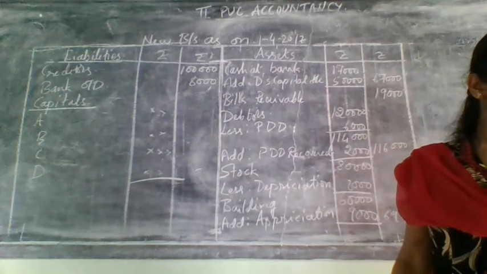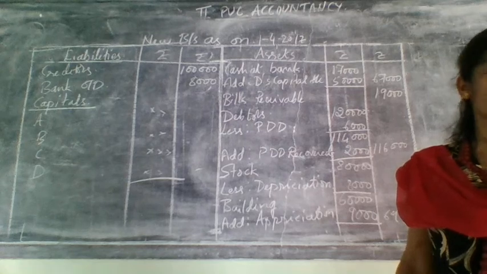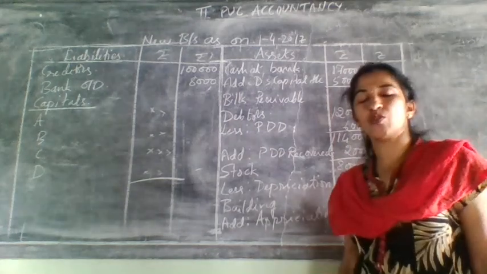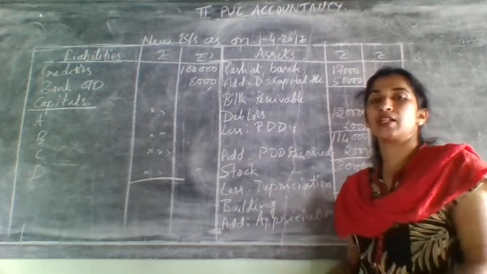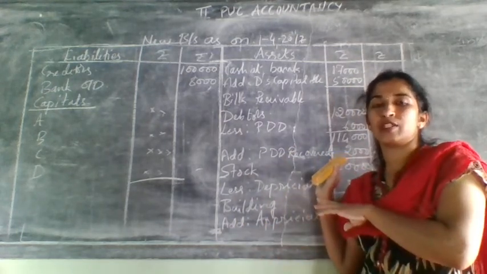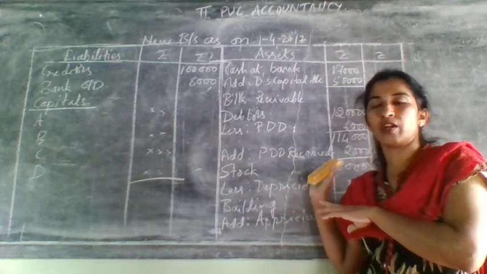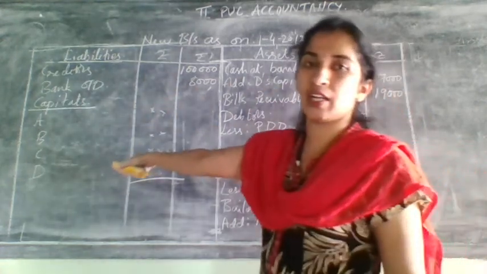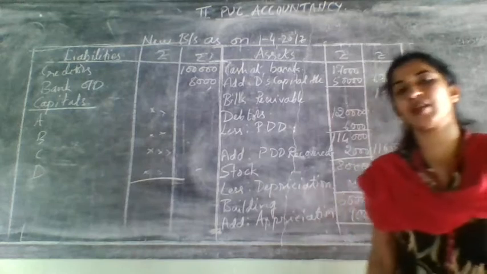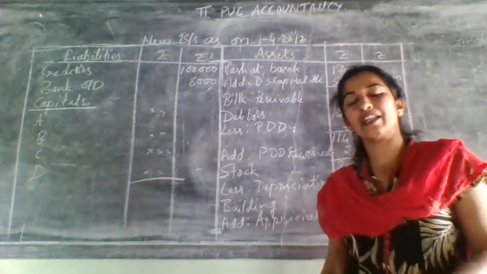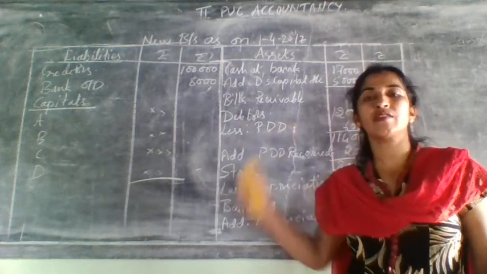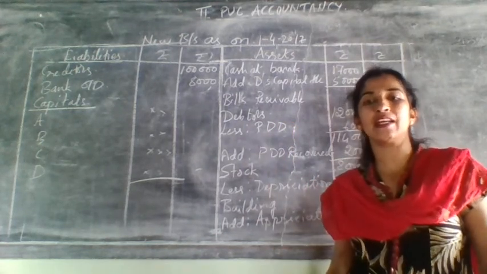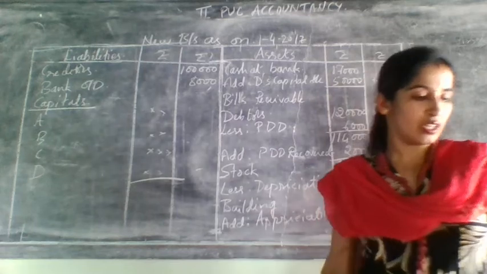Over. Next, they have given 64,000 as goodwill. This goodwill, actually instead of coming here, it came there only. 2 times it came. One time you have distributed to old partners in the old ratio. One more time you have taken it on the debit side of partners capital account and considered as written off. And written off was done for all the 4 partners, including the new partner, in their new profit sharing ratio.